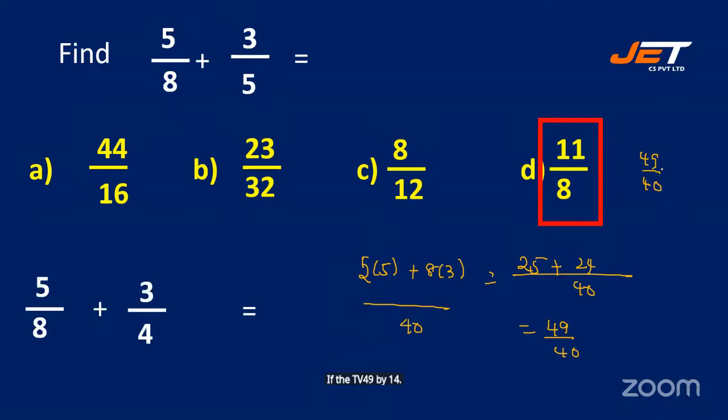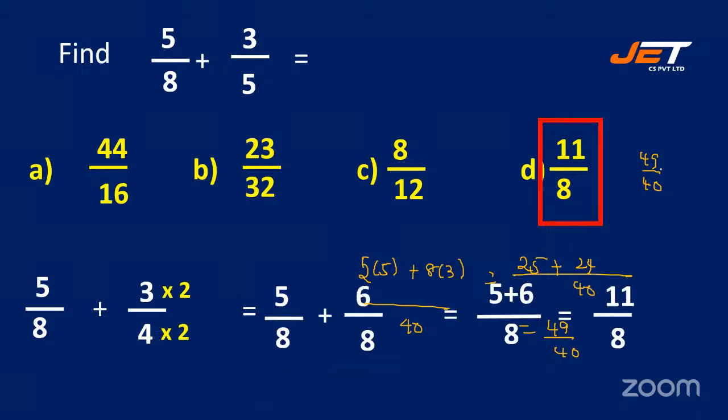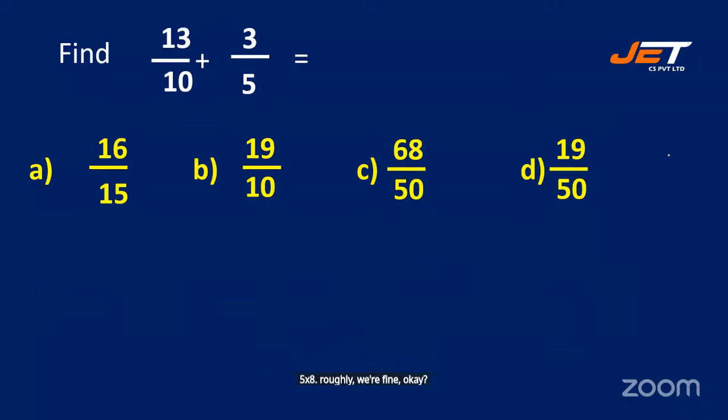All right. Now see the next question. They've taken 3 by 4 instead of 3 by 5. Okay. Right. Next,